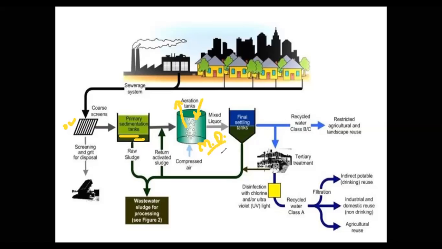Now you may be thinking, why allow the microorganisms to grow? Microorganisms are not the required organisms. These are kind of enemies. But what we are doing here is taking the help of microorganisms to degrade the organic material present in the sewage. In a primary clarifier, only settleable particles will settle down, but the suspended particles or dissolved impurities present in the sewage will not be removed by simple sedimentation. So for that purpose, we are taking the help of microorganisms.